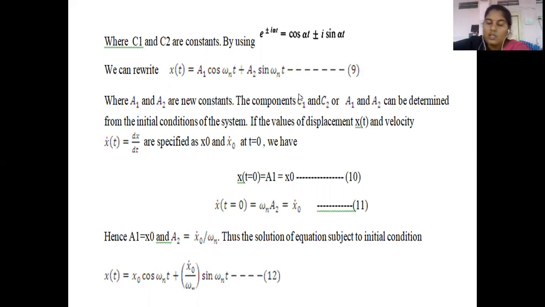If the values of displacement x of t and velocity x dot of t, which is equal to dx by dt, are specified as x naught and x dot naught at t is equal to 0, we have